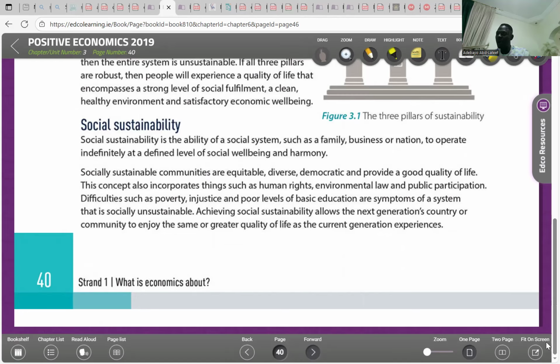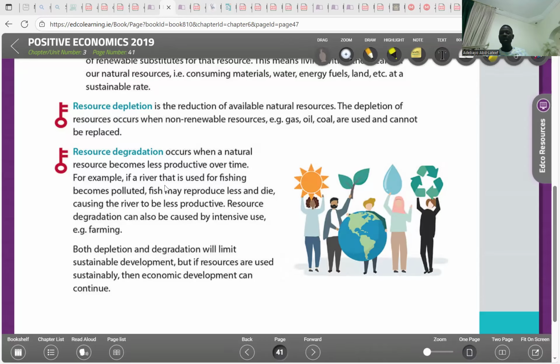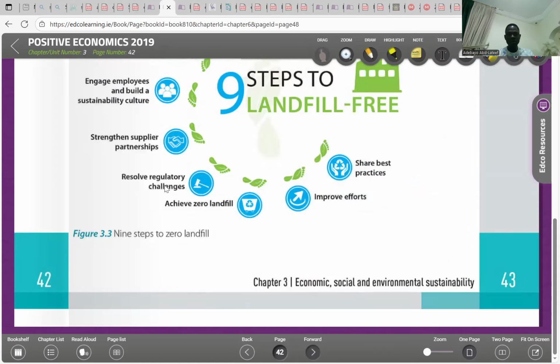So they asked, how are the three sustainability pillars connected? We're going to talk about that after. So we've talked about resource depletion, which simply means using up resources. For us not to use up resources, we think about renewables. Resource degradation is when natural resources become less productive, so we have to maintain them. Without maintaining them, it becomes difficult. I think it's clear, right? So that takes us to